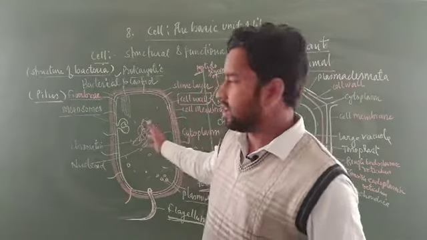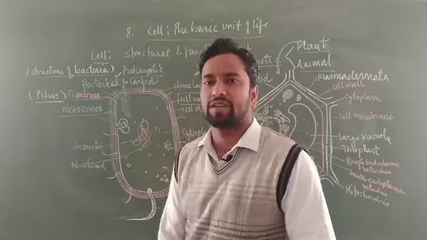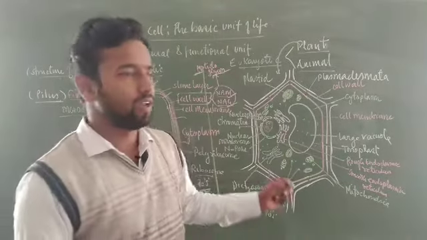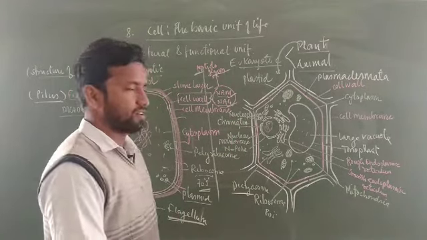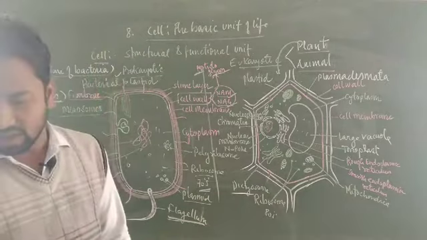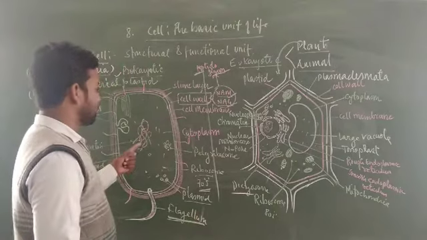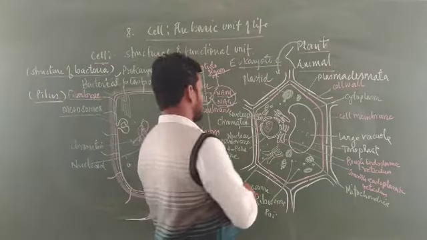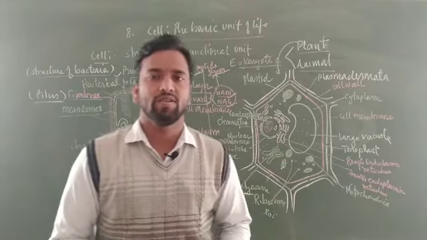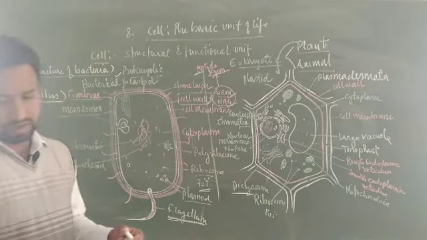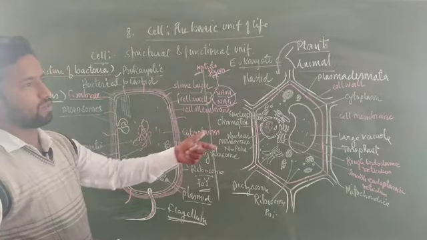They are totally absent. Basically, some ribosomes and bacterial plastids in cyanobacteria are also present in this case. But in eukaryotic cells, mitochondria, plastids, Golgi body, cell membrane and large endoplasmic reticulum are all present. The prokaryotic cell has no nucleus, no nucleolus. Here, nucleus plus nucleolus are found. Inside the nucleus, the nucleolus is found. So this is one difference. Membrane-bound cell organelles are absent in prokaryotic cells, present in eukaryotic cells.